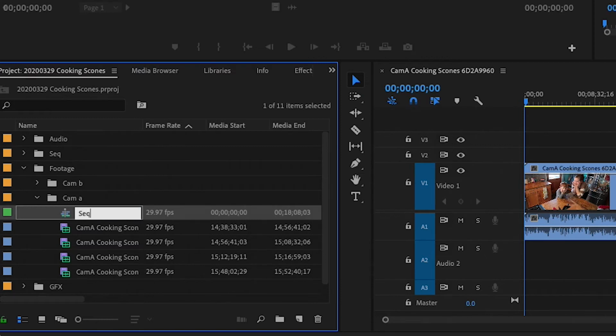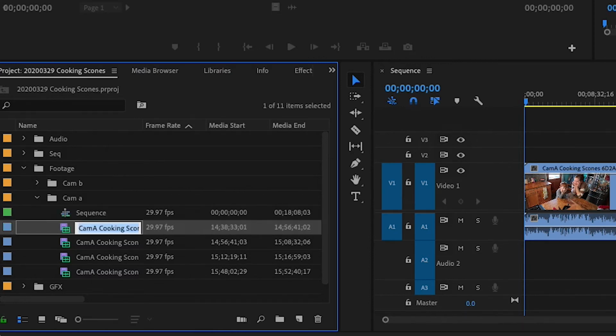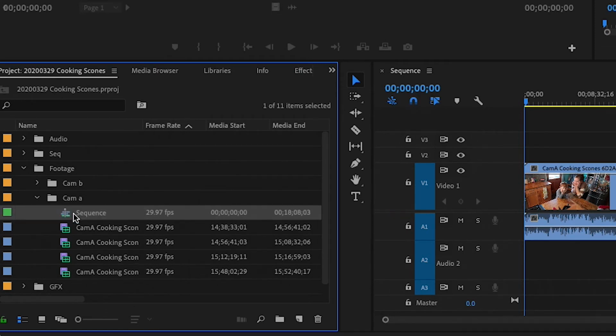So you could do something as simple as "sequence." Now this is going to let you know, oh, this is my sequence file. You're always going to know. You can look at the icon, the tiny, tiny icon right there on the edge. But you kind of want to make sure it has the word sequence in it, or SEQ, with a little bit more information. So we're going to move it up into our sequence folder,